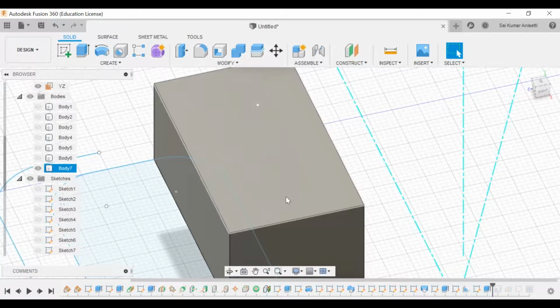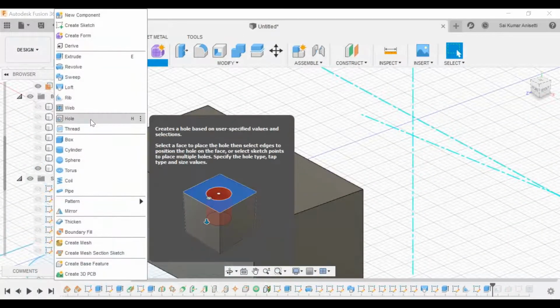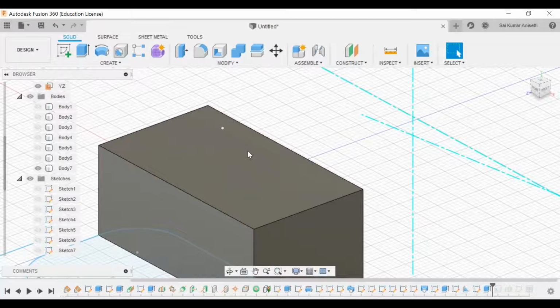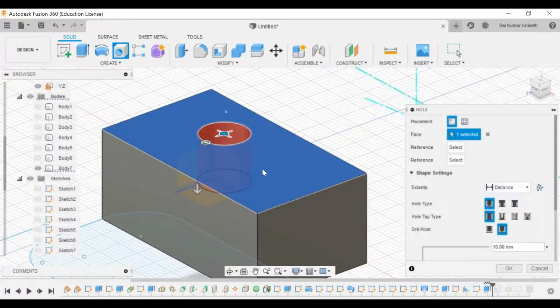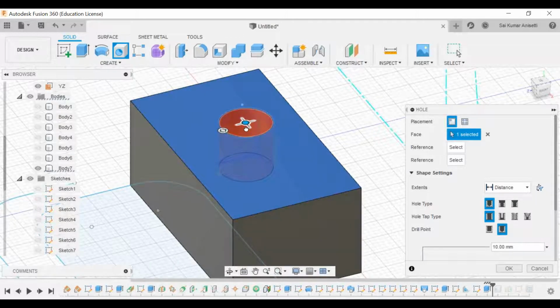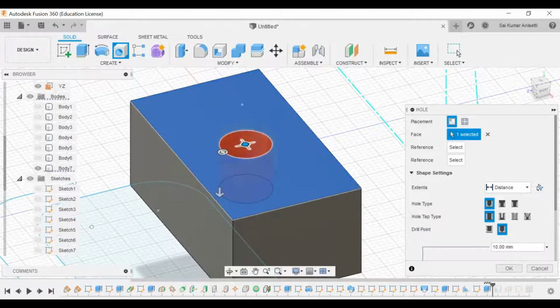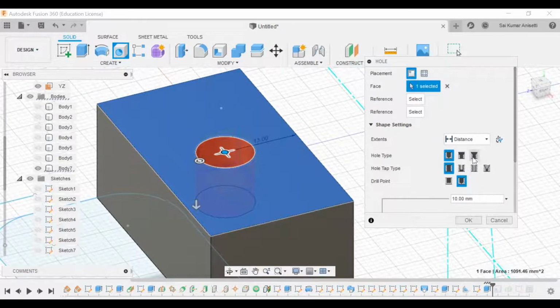Okay, I have a solid element over here, and the next option is simple hole. So for a hole, you need to have a face. What it is asking is a face and a given point. So you can create a custom given point. At that particular point you can create any hole, or else you can just move the component to a given random place. Okay, so there are different types of holes, so you need to have a hole type.